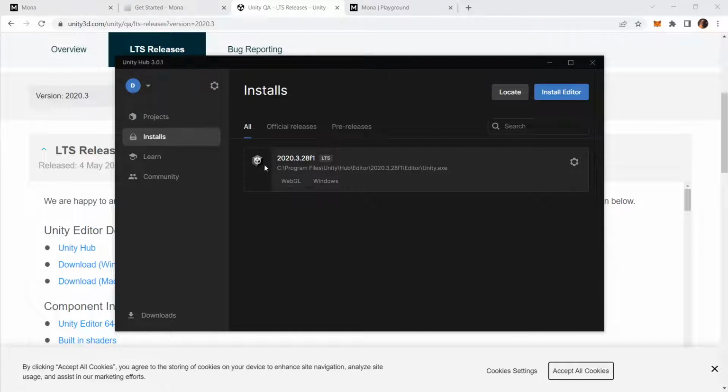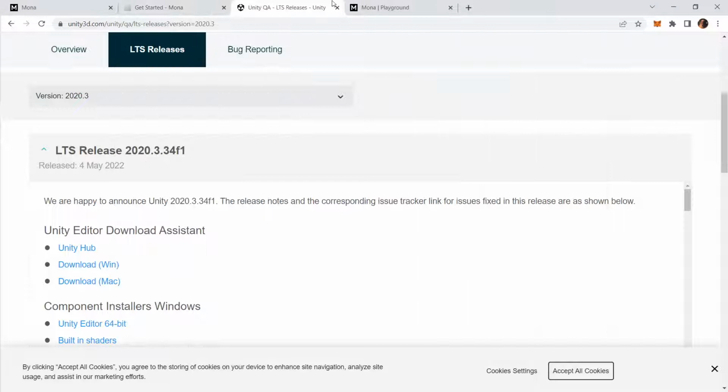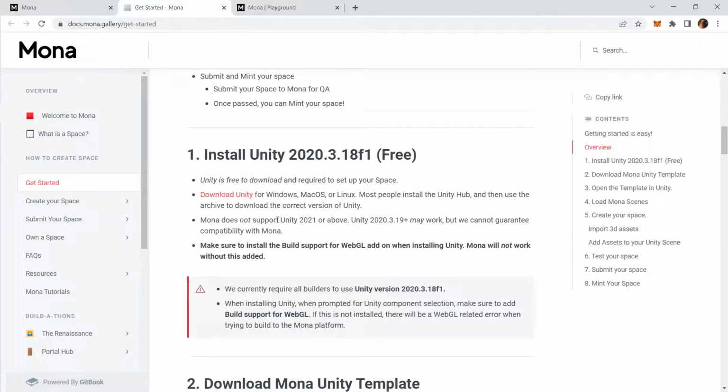So get in contact with me if you want more info, and I'll do a bit more detailed one. But this is just going to be a quick going through of the whole process. Basically, once you've installed that, you'll have to create an account and just follow through with all the little prompts and stuff. It's not too crazy if you're used to programs. You install that with WebGL, and then once it's all installed, we can close this down. And then the next step